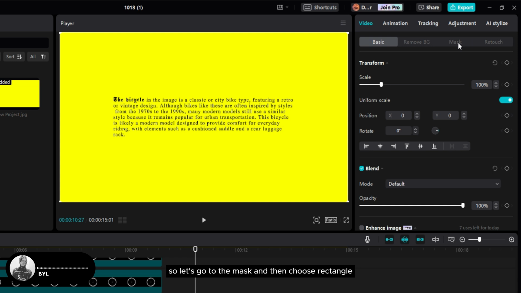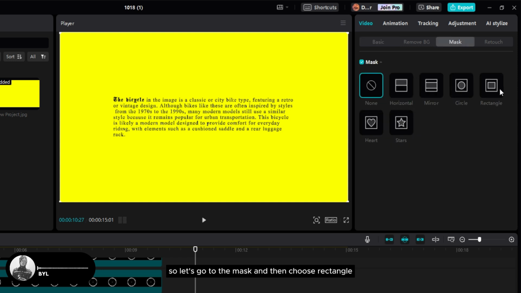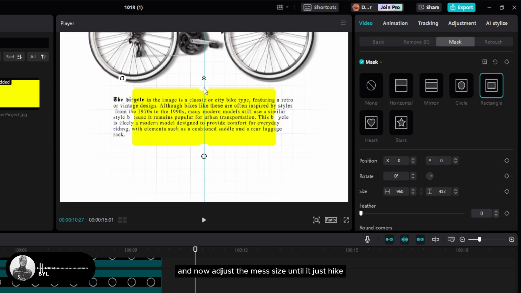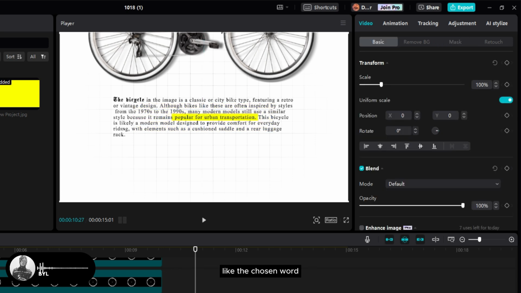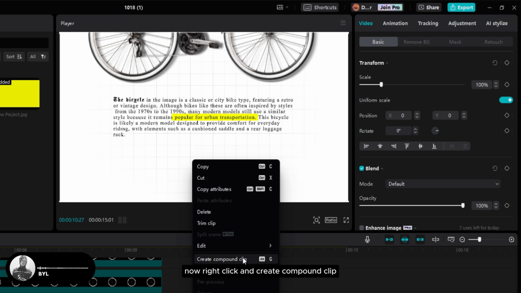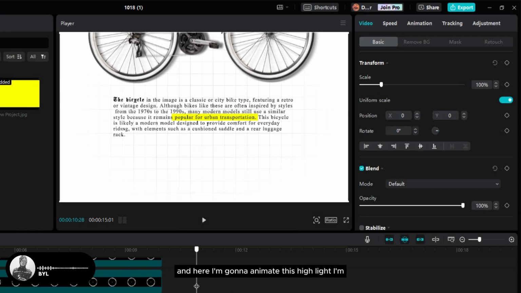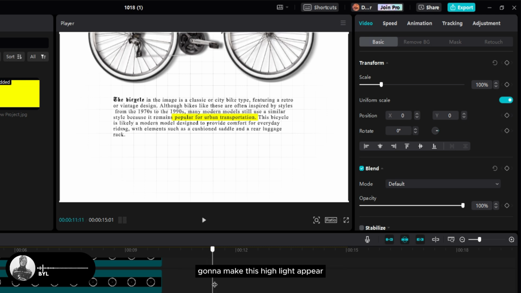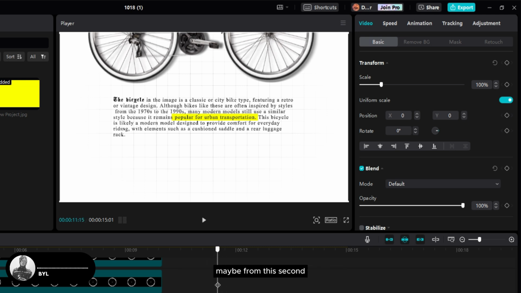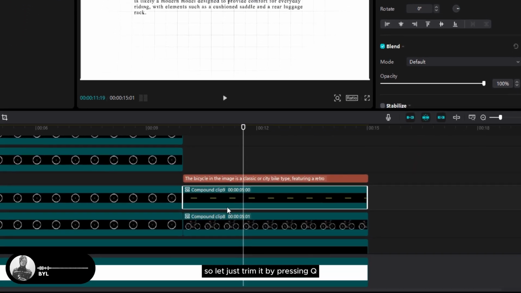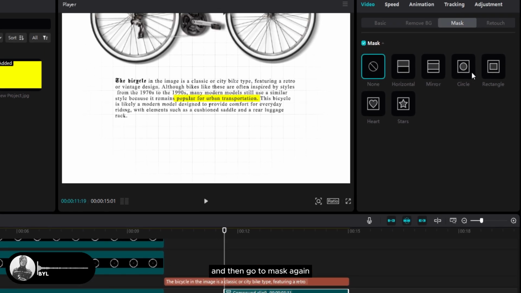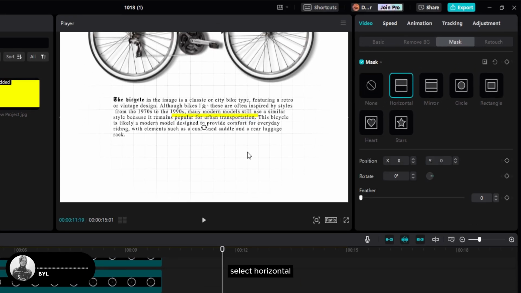So let's go to the mesh and then choose rectangle, and now adjust the mesh size until it just highlights the chosen word. Now right click and create compound clip, and here I'm gonna animate this highlight. I'm gonna make this highlight appear maybe from this second. So let's just trim it by pressing Q, and then go to mesh again, select horizontal, rotate it -90 degrees,